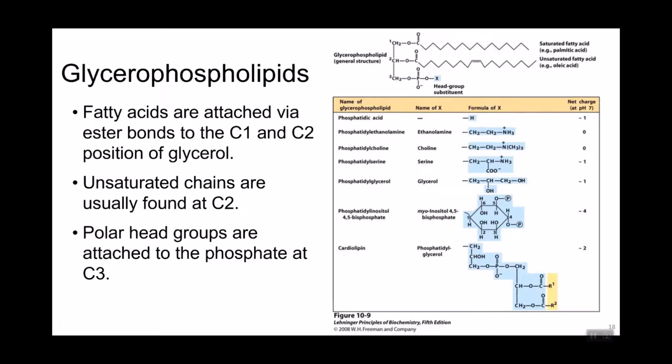the addition of inositol, a sugar derivative, can also be found in membranes, resulting in this molecule inositol 4,5-bisphosphate. Now this molecule is involved in signaling pathways, and it also contributes to a net negative charge on the inside of the cell. If you look, you would count actually only 3 negatively charged phosphates, but if you remember the pKa values for phosphates, there is one near physiological pH, and that's why it's listed as a net negative charge of -4. So these are the common glycerol phospholipids, so do make sure you can recognize them and know their